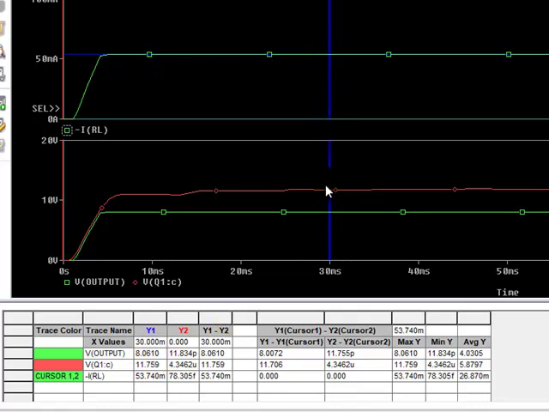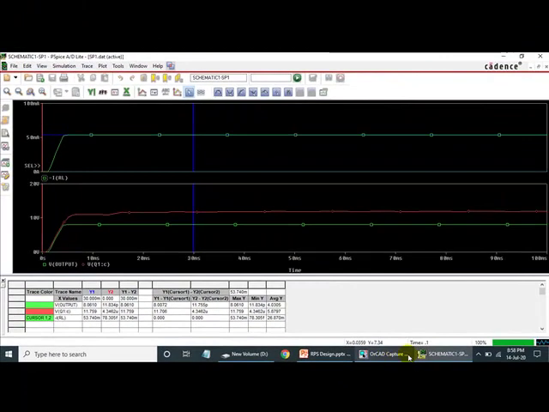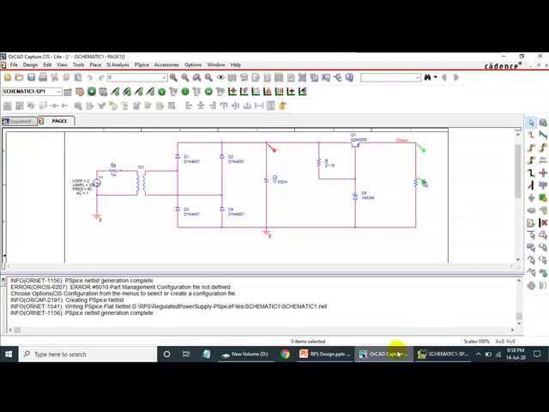So this is current, this red line is the input to the voltage regulator, and this is the output of the voltage regulator, that is 8 volt as per the requirement. This completes the simulation and designing of the voltage regulator. Thank you.